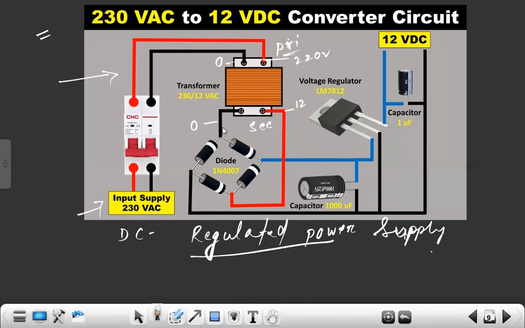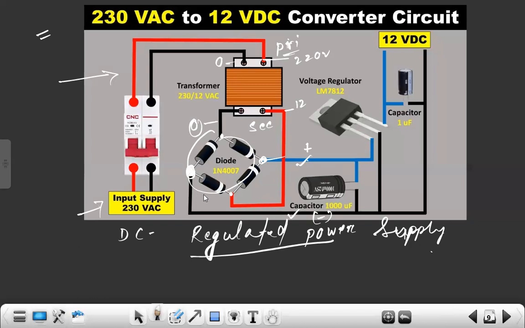So we apply this 0 volt and this 12 volt to the diodes in a bridge rectifier. Here we'll be able to get negative voltage, that means minus voltage, and here we will get positive voltage. As per our previous video, this is a bridge rectifier which does full wave rectification. After that we are getting positive and negative with this black wire as well as blue wire, and this DC